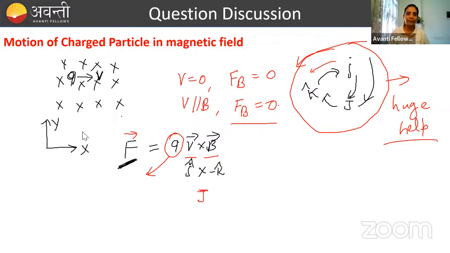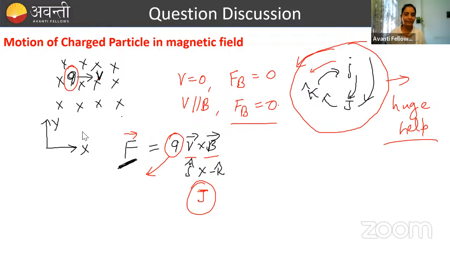So if somebody asks you what is the magnitude of the force on the charge here, you will tell QVB, right? Because here the angle between velocity and magnetic field is 90 degrees. But what is the direction? You will find the direction like this, and here it is the J cap direction. Done. So I have made one thing clear: how you will find the direction of magnetic force acting on